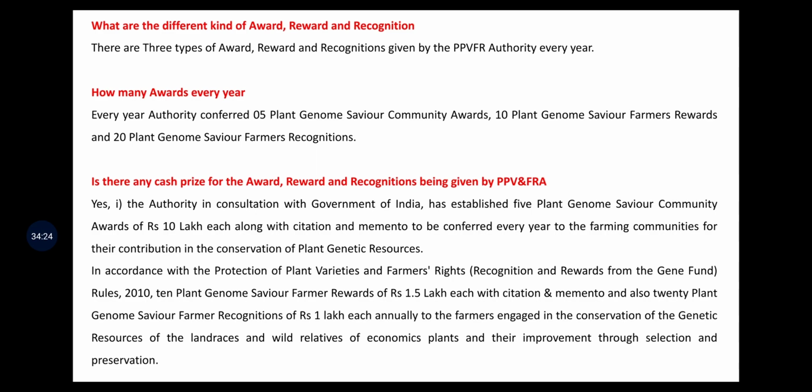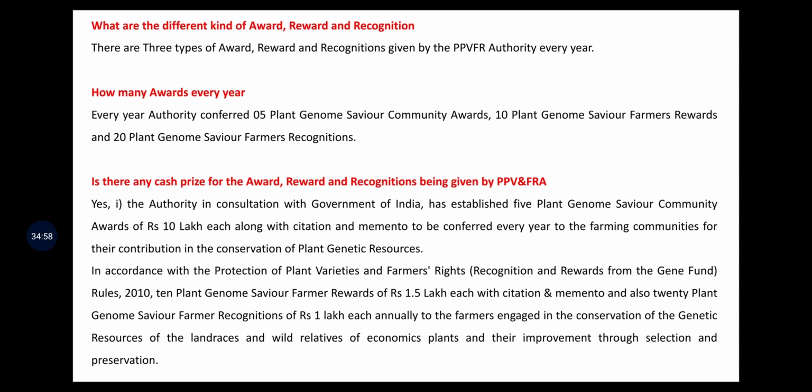The cash prize, reward, and recognition for this is: the authority, in consultation with the Government of India, has established 5 Plant Genome Savior Community Awards of rupees 10 lakhs each along with citation and memento to be conferred every year to the farming communities for their contribution in conserving PGR. In accordance with the Protection of Plant Varieties and Farmers' Rights Rules 2010,